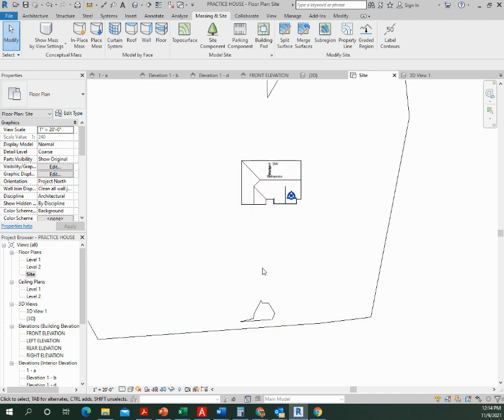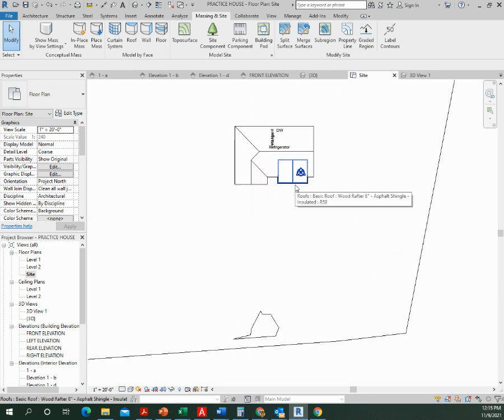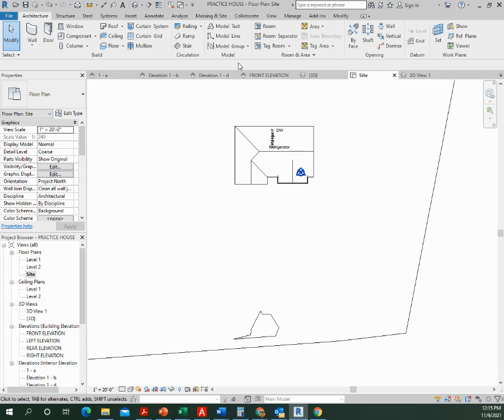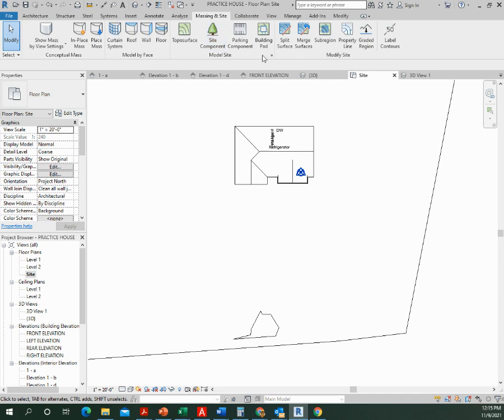Okay, so from the site level, I'm going to go ahead and put in a driveway. And since my front door is here, I'm going to put my driveway here and utilize the floor tool in order to create that. So there's two different ways of doing it. You can actually use the floor tool, or you can also go to master the site and also use a